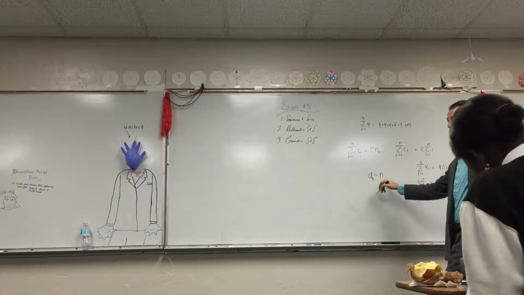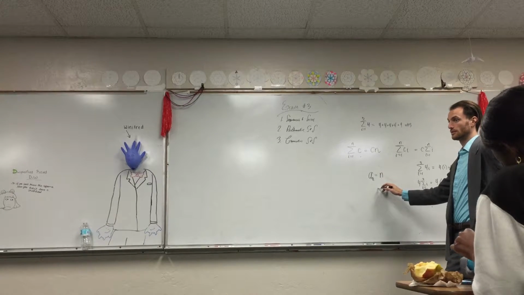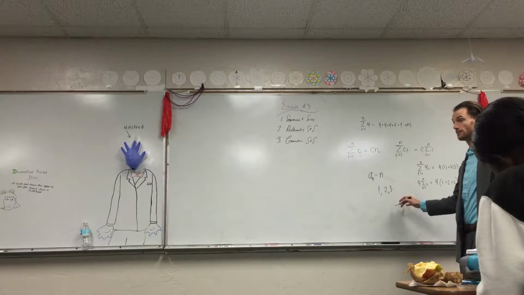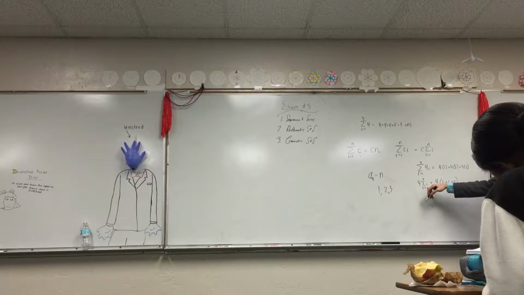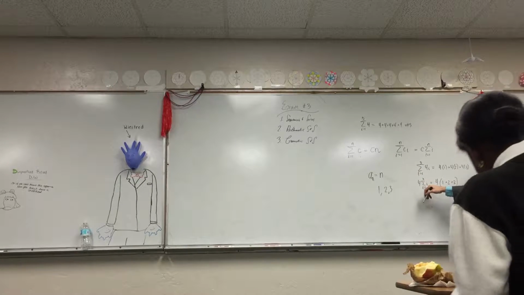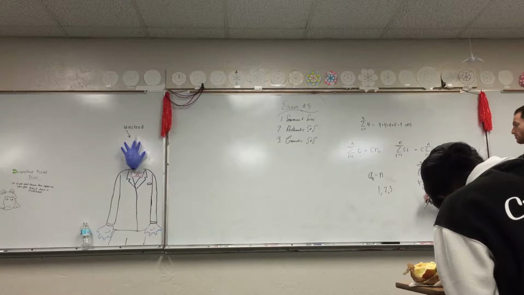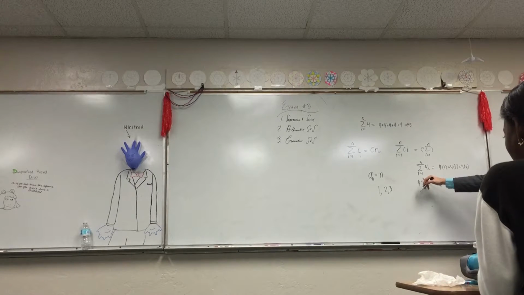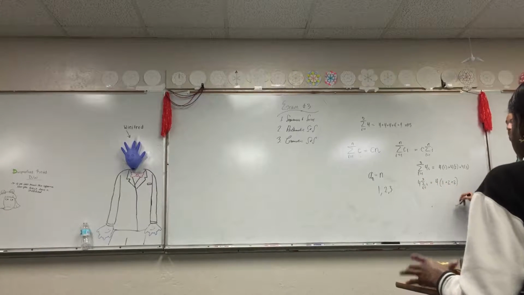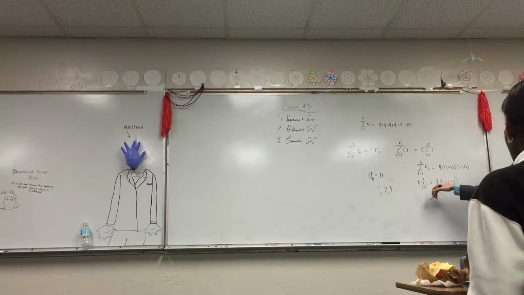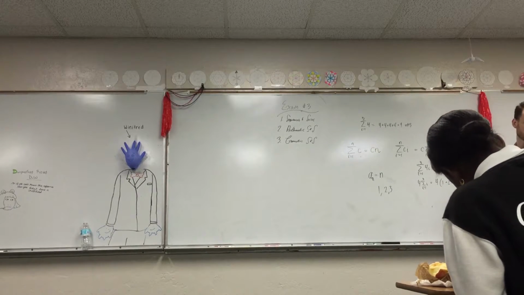If a_n equals n, what's the first term? What's a_1? 1. And the second term would be 2, and the third would be 3, right? So my sequence here is just i, or just like n. But the only difference is I'm adding them up. So what a series does is it shows us start from i equals 1, go to i equals 3, and then add them up, right? So it's basically saying go from your first term to your third term and then add them up, okay? That's what a series is telling us, okay?